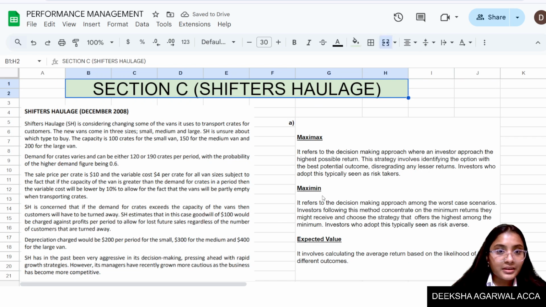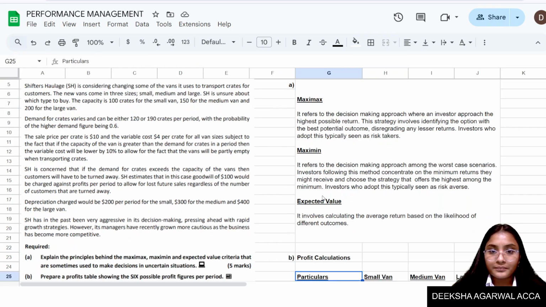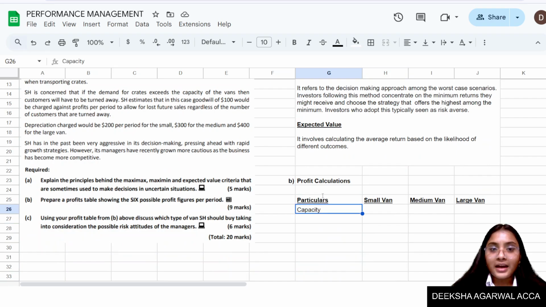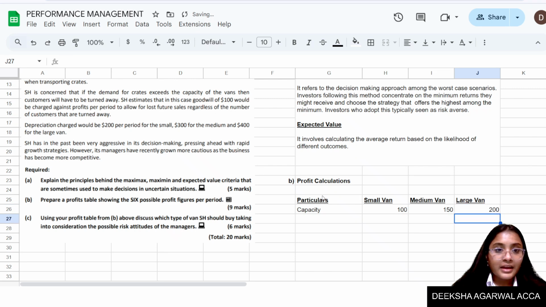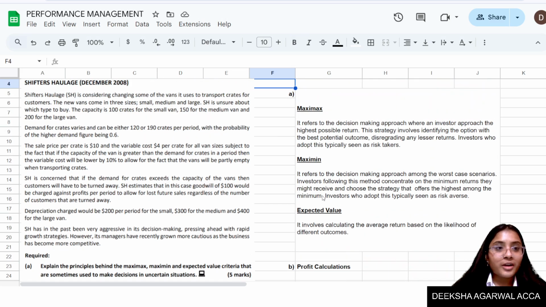Under this capacity, it's written 100 crates for small, 150 for medium, 200 for large. It's given to me in the above itself. So it's 100, 150 and 200. They ask me to prepare a profit table showing all six possible outcomes. So what possible outcomes are they talking about? Demand for crates can be either 120 or 190 per period